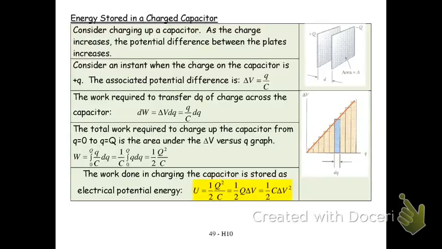So welcome. Let's finish this chapter off. We have this last little bit, which is energy stored in a charged capacitor. So let's talk about that process for a bit. And I want to emphasize that